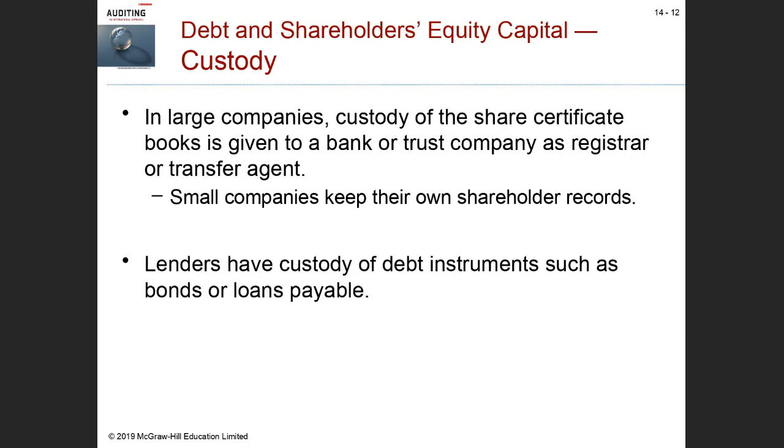We have to have access to that information. So, again, large companies typically hire a trust company or a transfer agent to track their shares. Small companies, of course, typically don't have share transactions. A private company business, typically a family business, they start up their business. They don't buy and sell their own shares. They own their shares for many, many years.